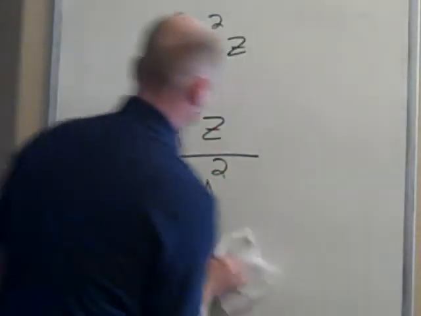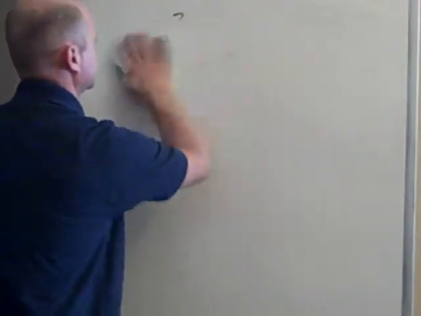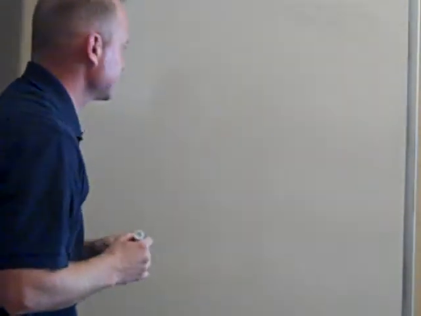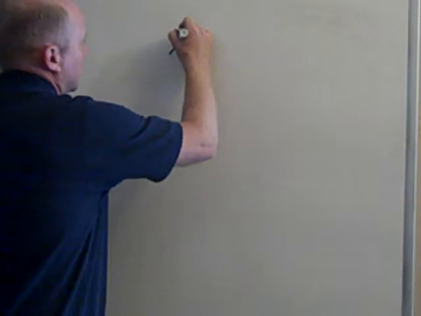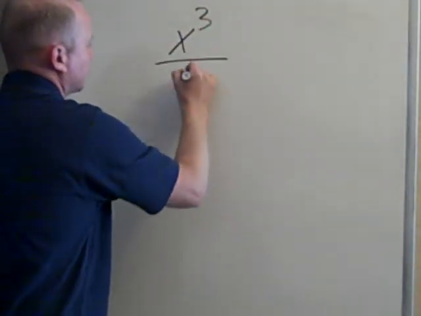Okay, now I want to go into one that's a little bit more complicated. If I have one that says x to the third over x